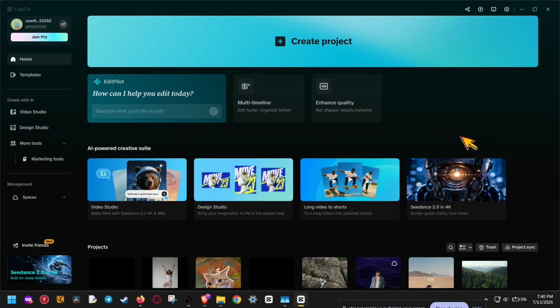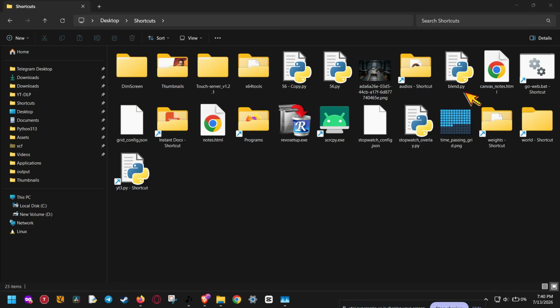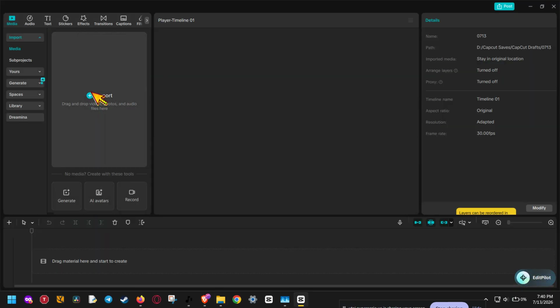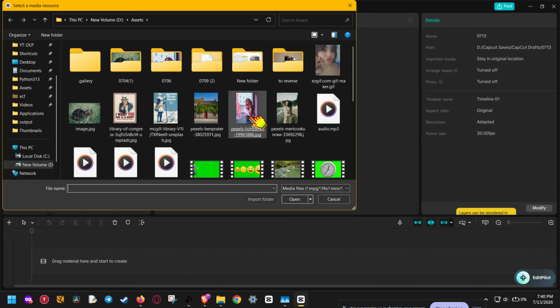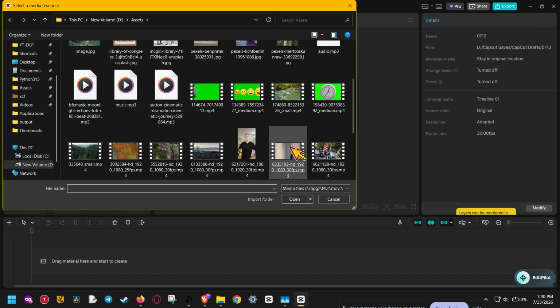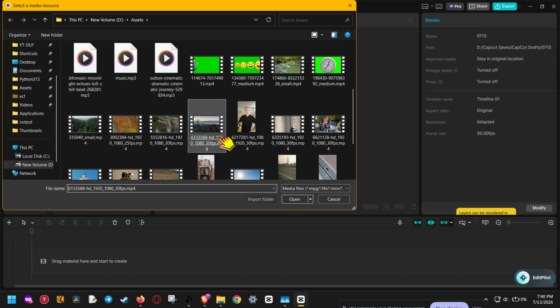First, open CapCut Desktop and start a new project. Once you're inside, look at the media panel in the top left corner and click Import. From there, choose the video file you want to turn into a YouTube short, then click Open. After your clip appears in the media library, drag and drop it down into the editing timeline. This is where all the editing happens, so once your clip is on the timeline, you're ready to start shaping